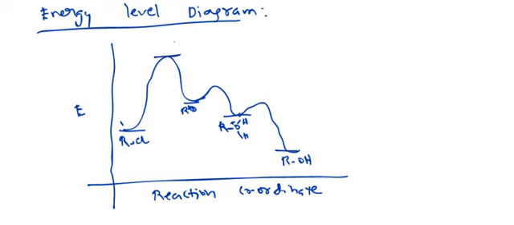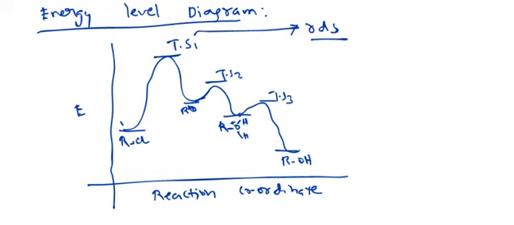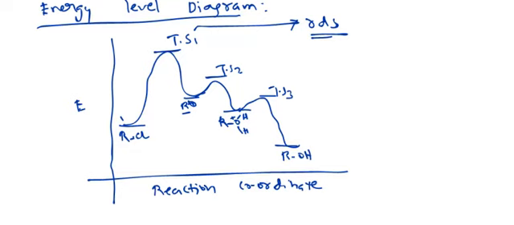Now, which is the highest peak? Transition state 1, transition state 2, which is the highest peak? This is the highest peak. So the third step is the RDS. The formation of carbocation is the RDS here. If this carbocation undergoes rearrangement, you will get many transition states based on the rearrangement of that particular carbocation.